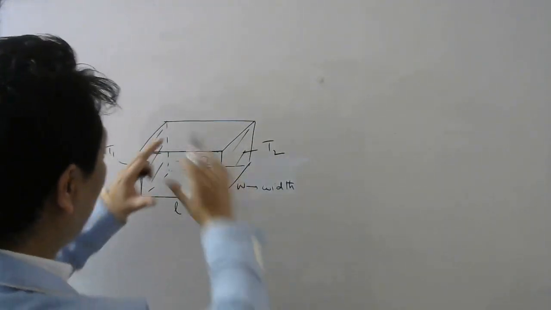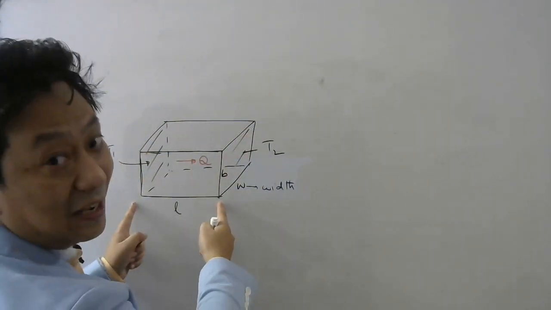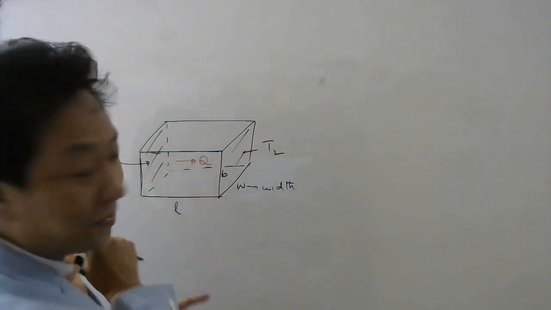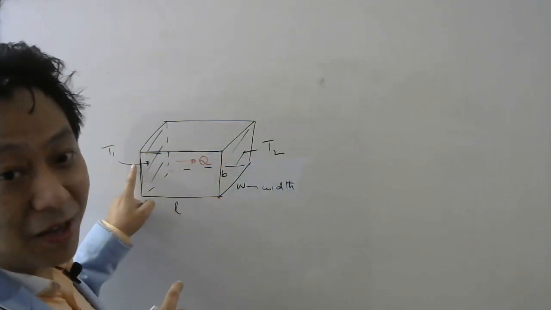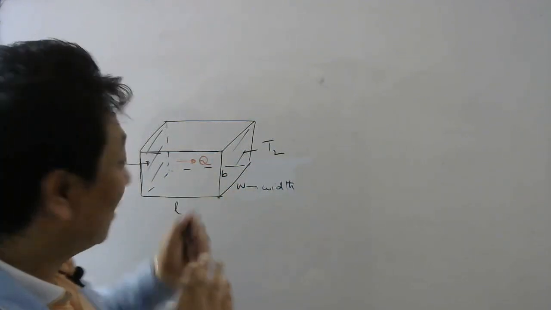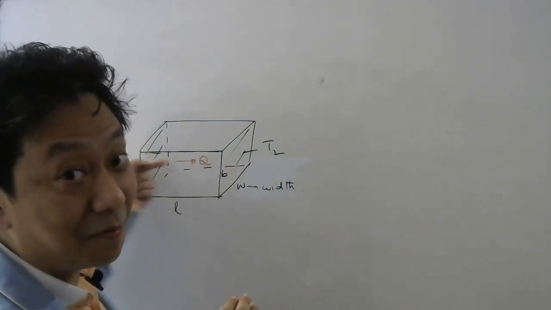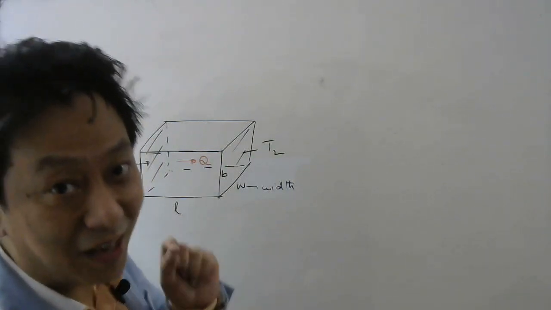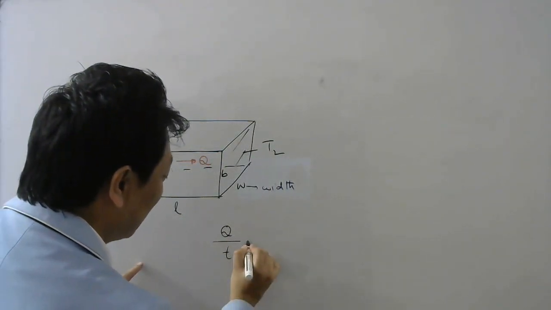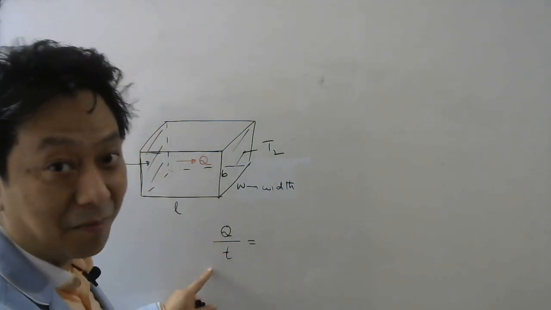What about in this case? So I have given you a block whose length is L, breadth is B, and the width is W. Okay. The opposite faces are kept at temperatures T1, T2, T1 greater than T2, let us assume. Then heat will flow this way from high temperature to low temperature, right? Now how are we going to write the formula? Rate of flow of heat, so the heat flow divided by time taken.